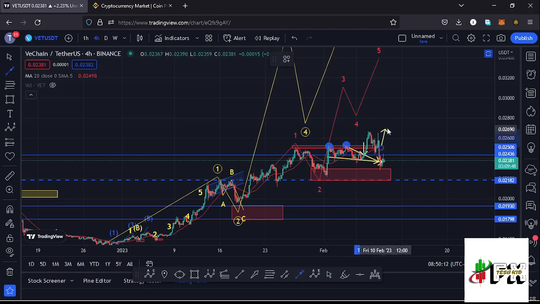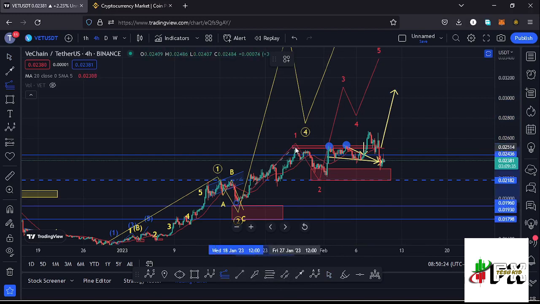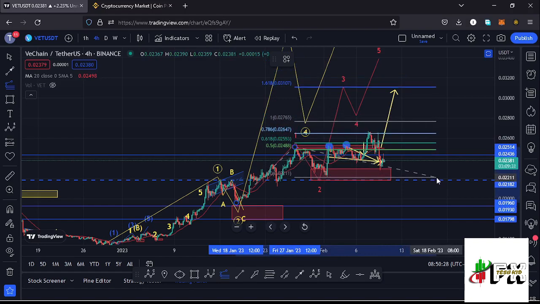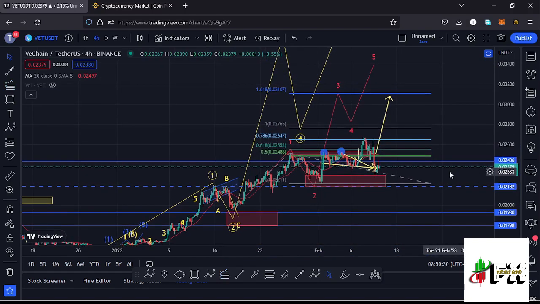to fully maximize our target areas to the upside in the formation of this wave 3. Sketching out a minimum target area to the upside in the formation of this wave 3 by connecting the trend-based Fibonacci from the low of the first wave to the high of that wave 1, then dragging the fibs to the low of the second wave, that gives me a minimum target area to the upside in the formation of that wave 3 at the fib level 1.618, and that is at around the $0.03107 mark,